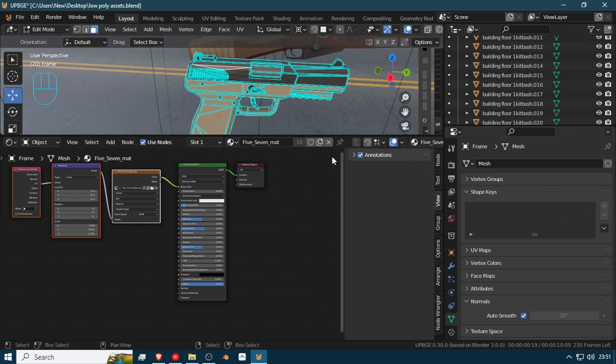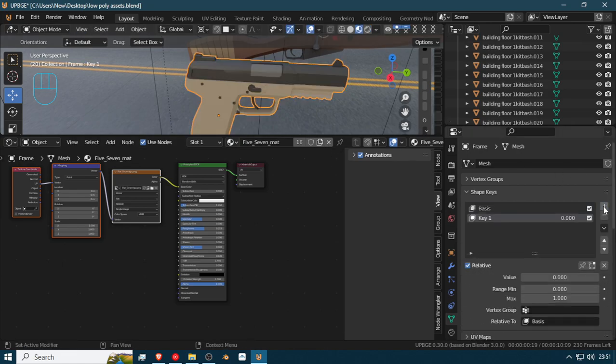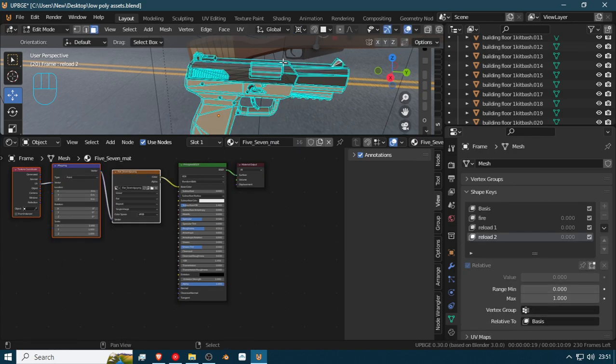Okay, so now I'm gonna need new shape keys for this. First one will be base, second one will be fire, and third one will be reload. So this one is going to be fire and reload 1 and reload 2. So that's the reason I'm making 2 reloads. If you know how a pistol works, if you do a reload and you have a slide that actually, you know, goes back,